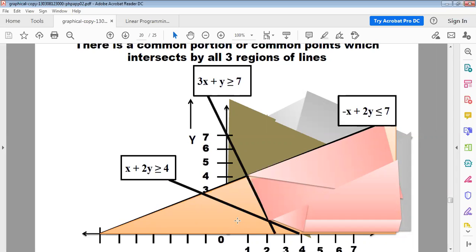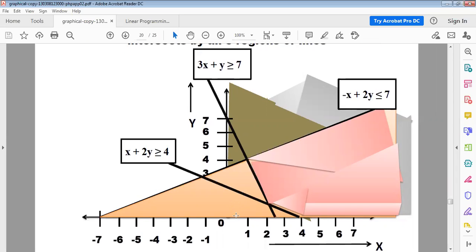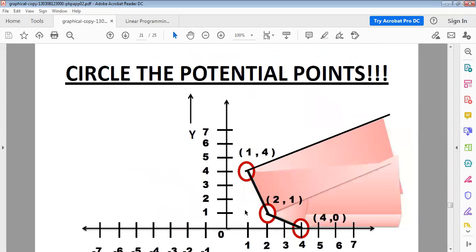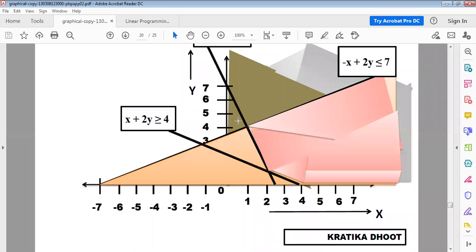So the common shaded region, which one actually? Can you tell me? Actually these are the common points, these three. This is an intersection point, and this is an intersection point, and this part is the common